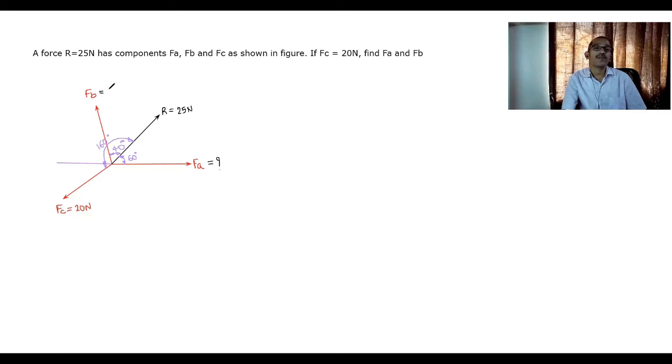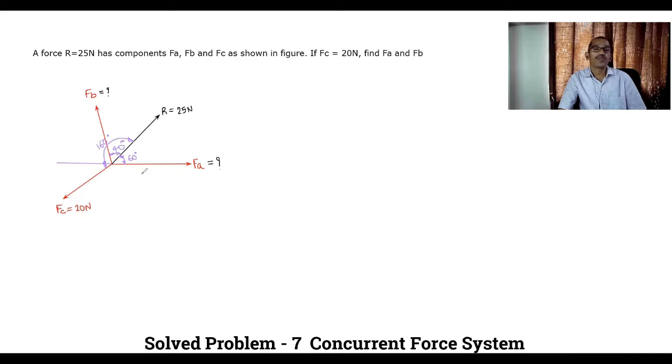That means simply we'll apply equations along the x and y axis. Our equations are Rx equal to summation of Fx and Ry equal to summation of Fy. Before applying the equation, let's think over it. If we apply our equation along the x-axis, how many unknowns will we get? Along the x-axis, Rx, the component of R, is known, which is equal to the component of Fa, the component of Fb, and the component of 20. That means two unknowns in the equation along the x-axis, and for two unknowns, a solution is not possible.